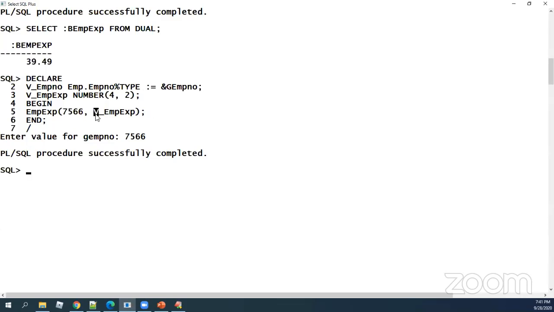Now I returned this variable into this block, but I don't think I've written any output statement for this. Therefore, you're not seeing it.